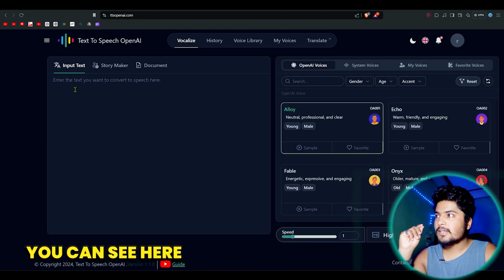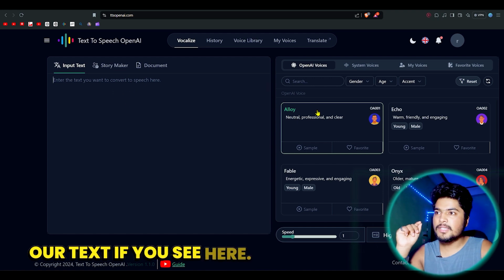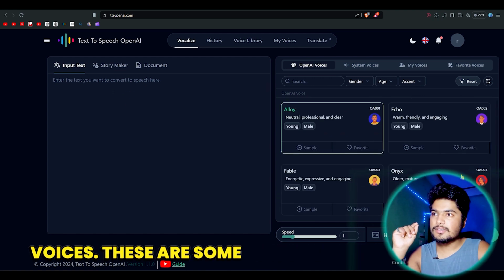So as you can see, here is the option to paste our text. If you see here are some voices. These are some OpenAI voices. If you click on sample,